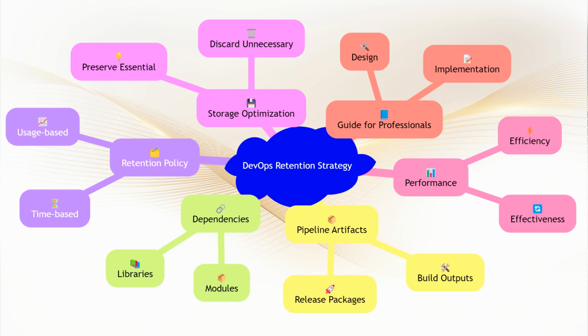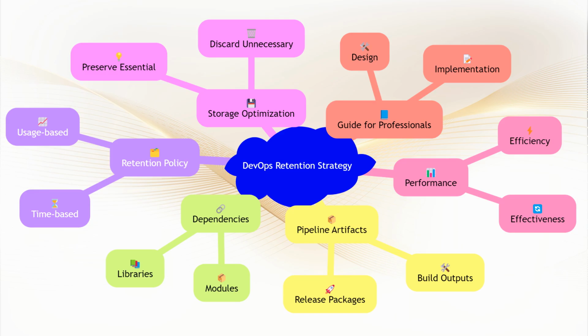In the realm of DevOps, a retention strategy for pipeline artifacts and dependencies is crucial for maintaining an efficient and effective build and release pipeline. This strategy ensures that essential artifacts and dependencies are preserved for future use while unnecessary ones are discarded, optimizing storage and performance. This presentation will delve into the various aspects of designing and implementing such a strategy, providing a comprehensive